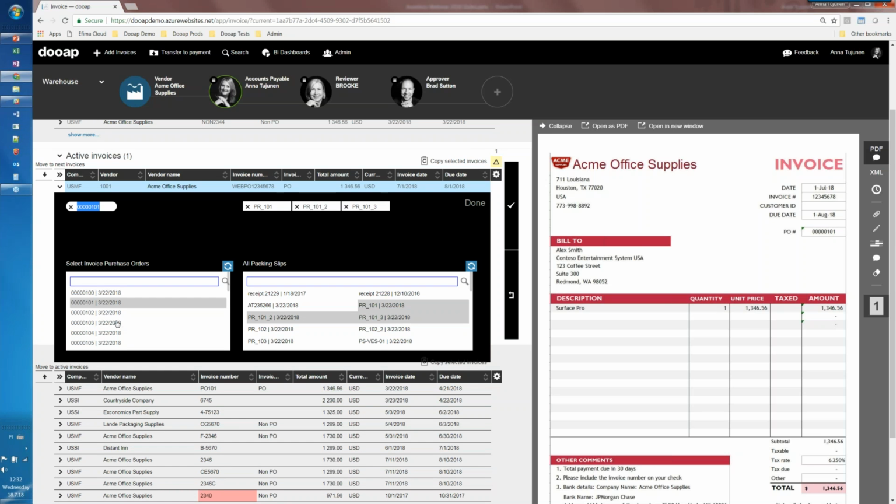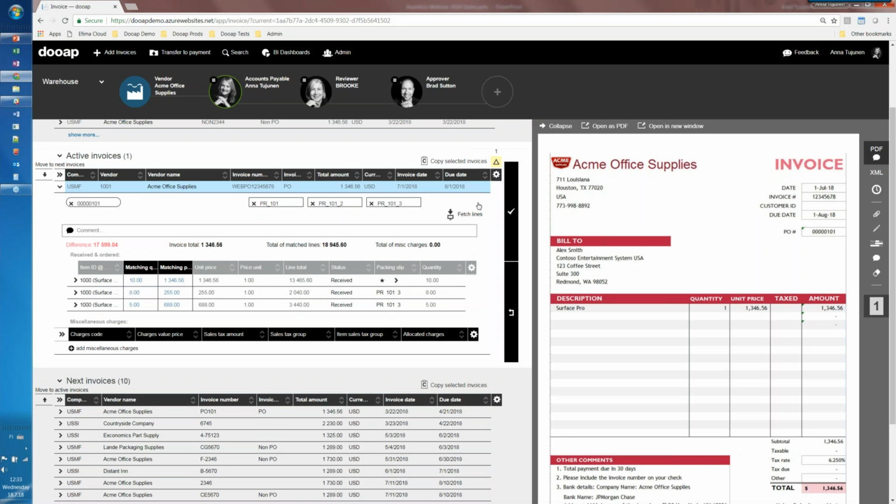If I would want, I can also come here and make changes to the purchase order. I can pick and search from the list. And if I pick another PO, it will show me also the product receipts related. And if I only know the product receipt number, I can also do it vice versa. So I click on the product receipt number and it will pick for me that PO that it's relating to. Good. But for this invoice, the 101 was correct, and it has 3 product receipts that are related.